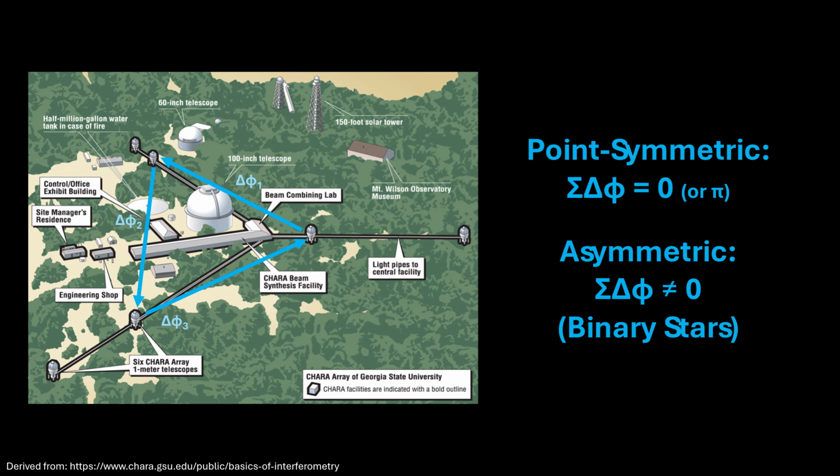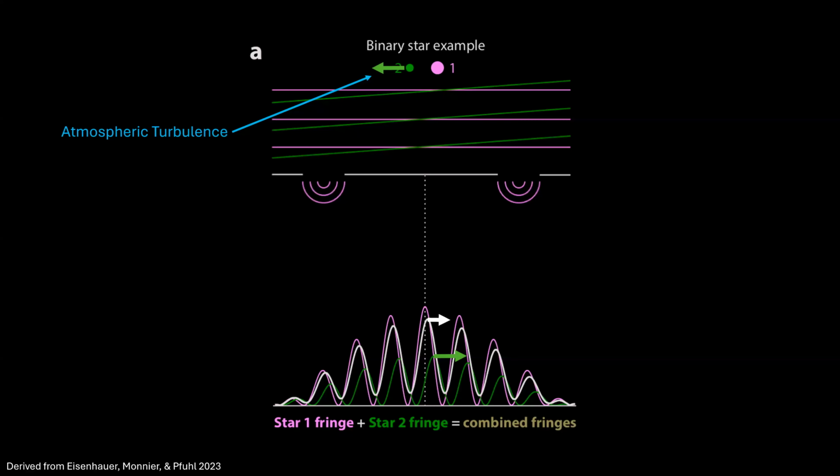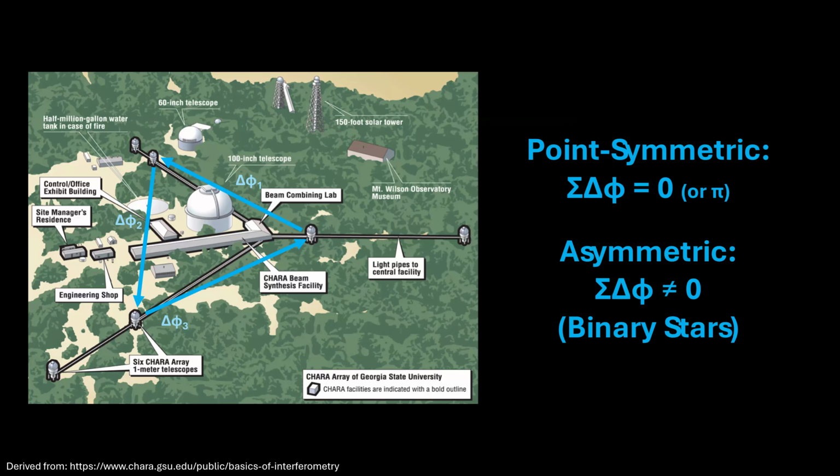It could also be pi, but that's pretty much just how you end up summing these different phase shifts. But what this does is allow you to eliminate the influence of the atmosphere on your interferometer. And in the case of binary stars, closure phases are a very good way of sensing, of knowing for sure, is this actually a binary star,